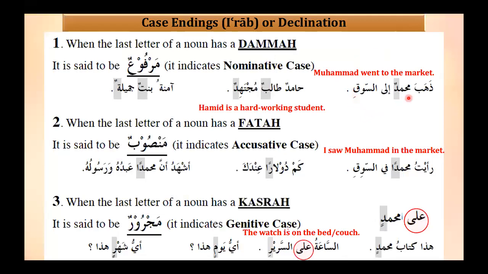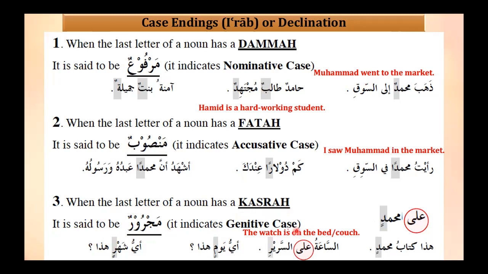So again, to recap, we said that the last letter of a noun, if it has a dhamma on it, we say that the noun is said to be marfu'un. It indicates the nominative case. When the last letter of a noun has a fatha, we say it is mansubun, to indicate the accusative case. And thirdly, when the last letter of a noun has a kasra, we say it is majrurun because it indicates